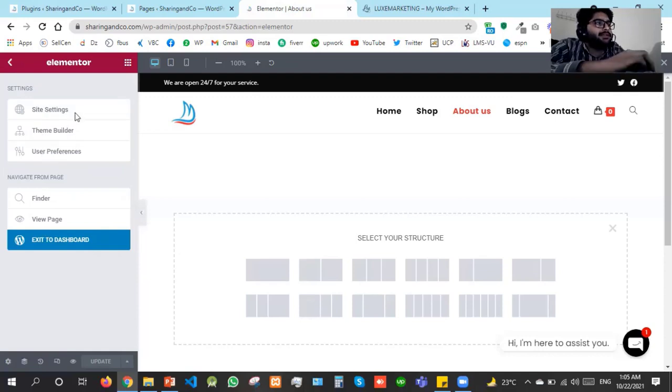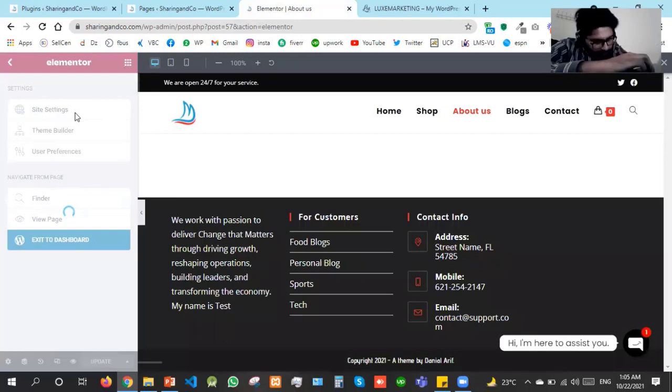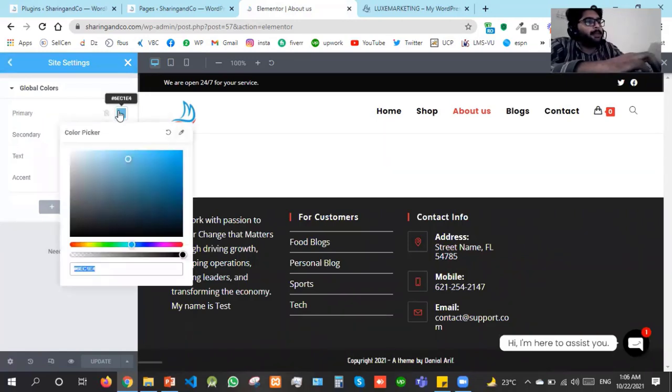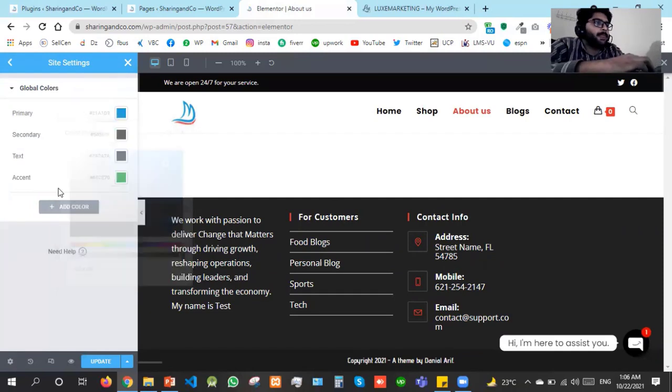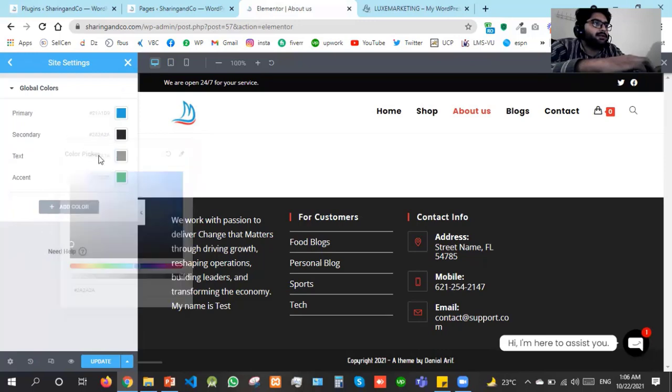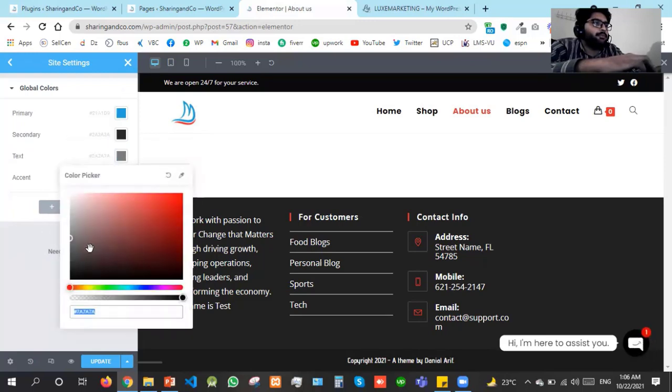And in this lecture, we'll see the site settings, because we want to add some global colors. I want every primary color to be blue, but not this blue. So I'll just put the code, and I want every secondary color to be, let's say, okay, this one. And I want my text in pure black,